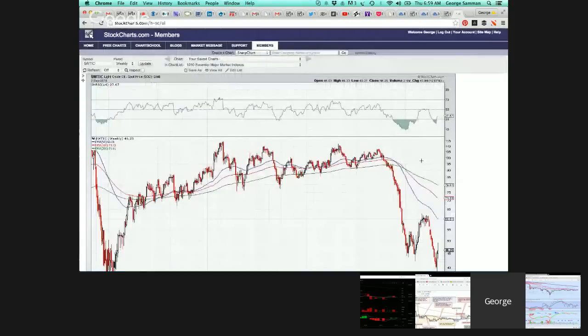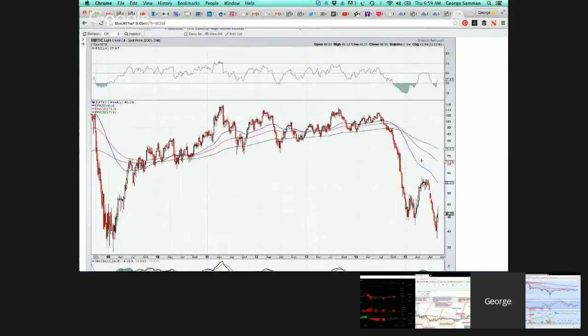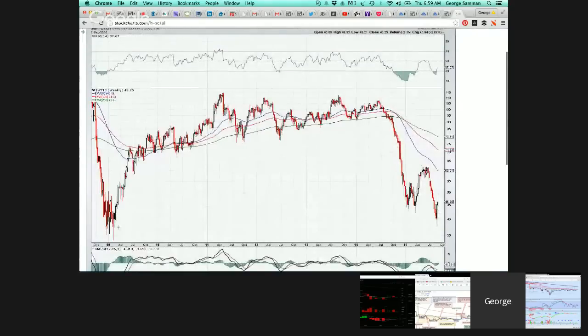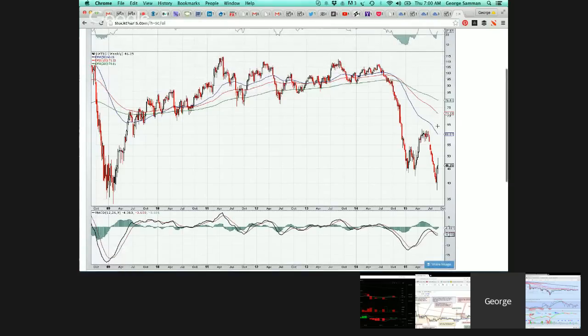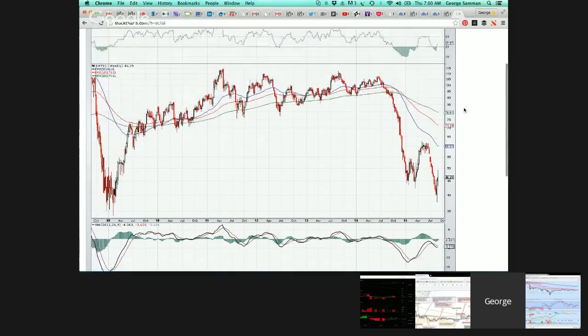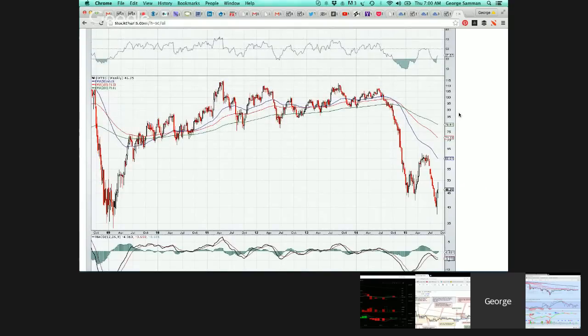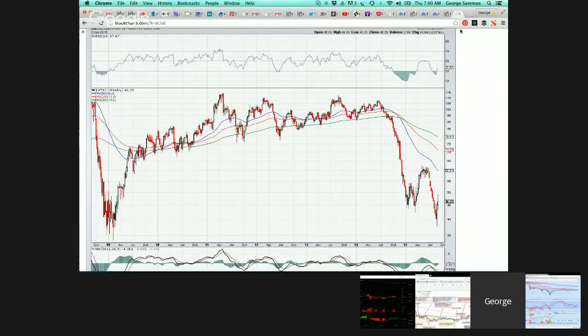And over here is crude oil, which we've talked about a couple of times too. I looked at that level last week of the 2009 lows, and if it didn't hold that, it looked like it was going to go a lot lower. So far, it seems to have held that level, had this strong couple of up days, and bounced from oversold levels as well. Still, it's way below its moving averages and still hasn't made a crossover on the MACD. But you're getting some moves in these commodities, and it's not really clear if they're just oversold bounces at this point or if this is a bottoming process. Still yet to be determined.